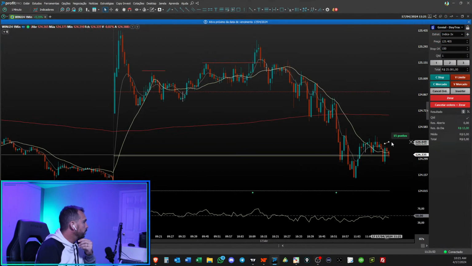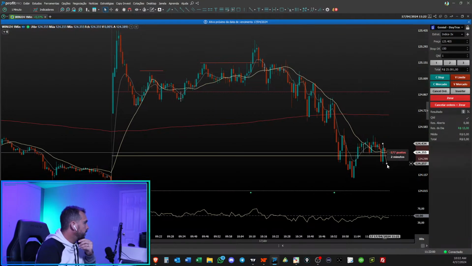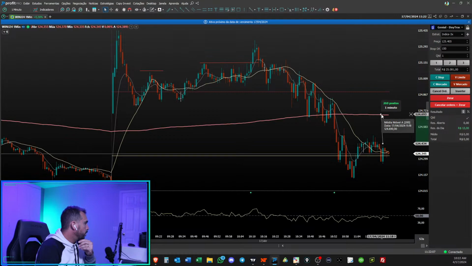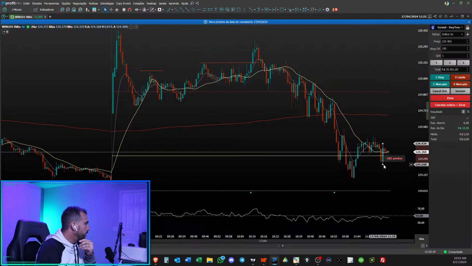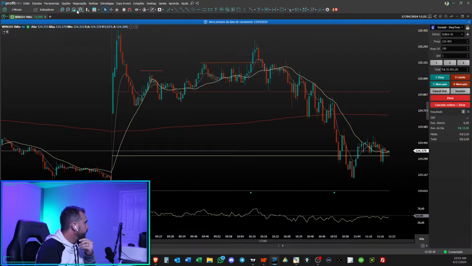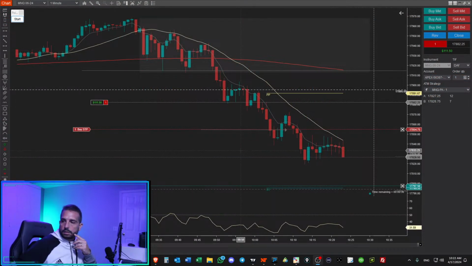So the entry would be here, first target, second target, or even a second target all the way at the top. Stop needs to be below this candle over here, 190 points pretty much. It's more than 1-to-1 here, and it's a pretty good entry to risk. That's the mini index, Brazil. There goes the